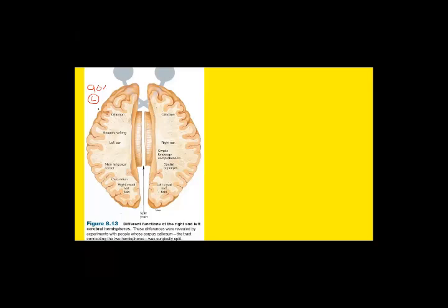This is known as left-sided dominance, or the dominance of the left cerebral hemisphere. So in a person in whom the left cerebral hemisphere is dominant, obviously he or she is going to be